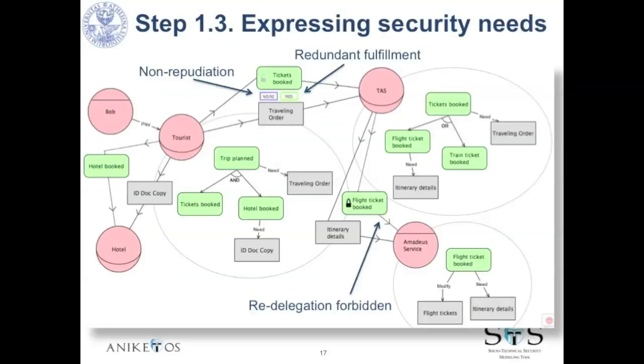For instance, when the tourist is delegating to the travel agency the goal of getting tickets booked, it might require redundant fulfillment of this goal because he needs to be sure to have the tickets. So this is the way we express the security needs over the delegations in the social view. Once we have gone through all the steps of the first phase,